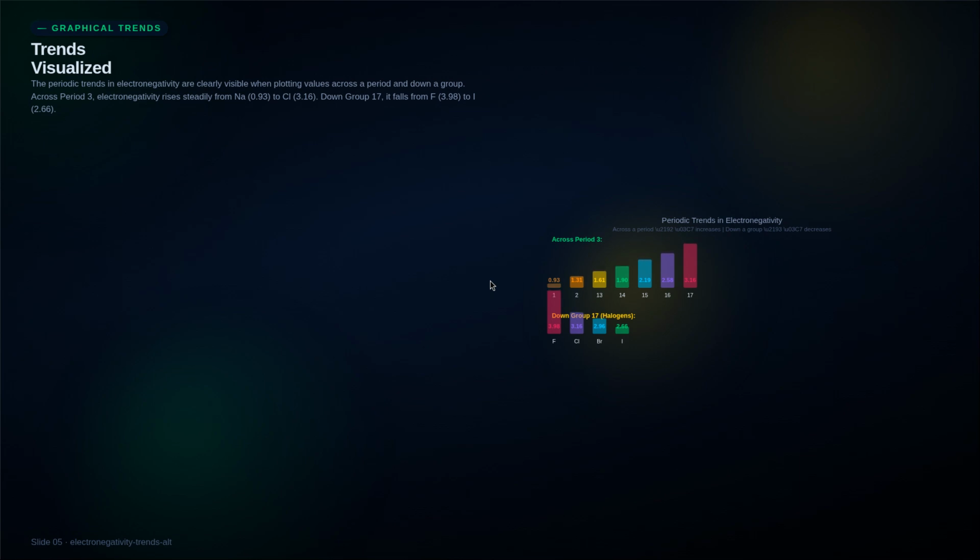Across period 3, electronegativity rises steadily from sodium at 0.93 through magnesium at 1.31, aluminum at 1.61, silicon at 1.90, phosphorus at 2.19, sulfur at 2.58, and chlorine at 3.16. Down group 17, the halogens, electronegativity falls from fluorine at 3.98 to chlorine at 3.16, bromine at 2.96, and iodine at 2.66. This clear pattern allows us to predict relative electronegativity for any two elements just by knowing their positions